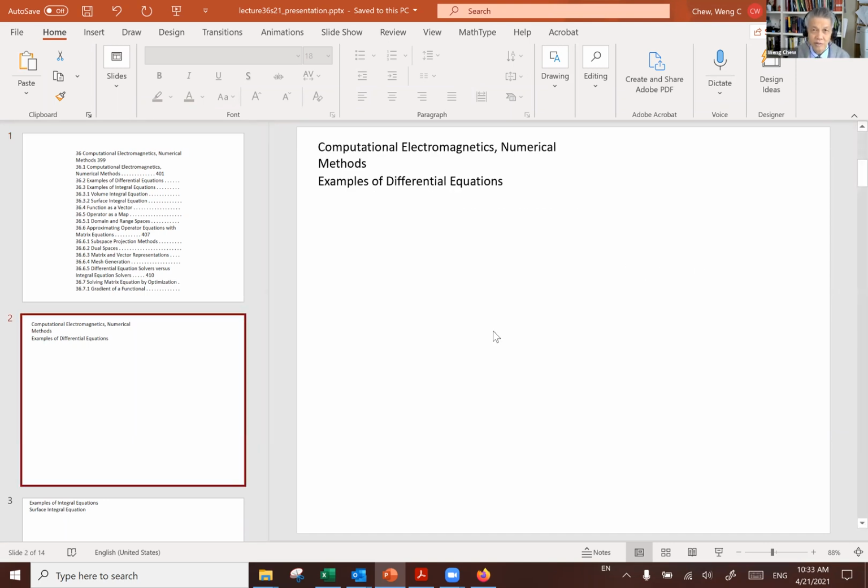Okay, so there are essentially two kinds of equations that we solve in electromagnetics. One is differential equations, the other one is integral equations. We do not encounter integral equations that much, but we have encountered lots of differential equations. Like if we started out with Maxwell's equations,